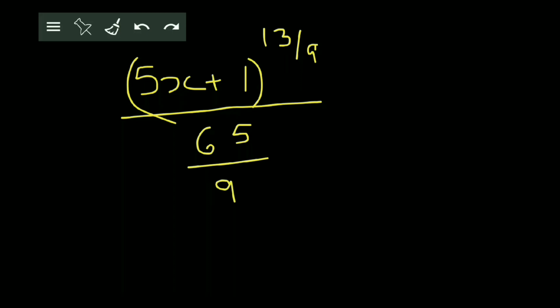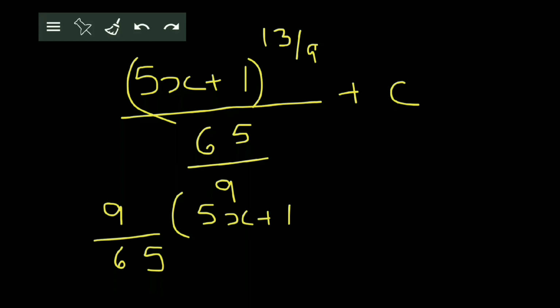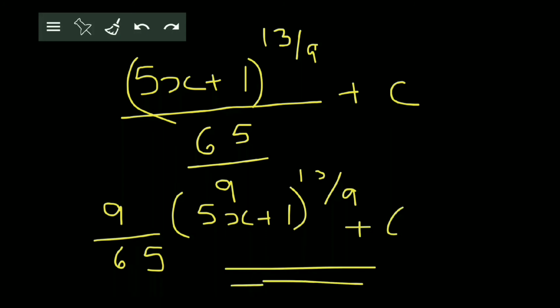Now, of course, we simplify. Yeah, everywhere we have to write plus c. Once we solve the integral, we remove the integral sign. Remember to write plus c. Okay. Now, 65 upon 9 becomes 9 upon 65. And the remaining terms we write it. So, this becomes the answer. I hope you understand why we are doing these sums right now. Okay, miscellaneous exercise, if I deal with it later on, it will become an effort for you to remember all these things. That is why we are doing it now only.